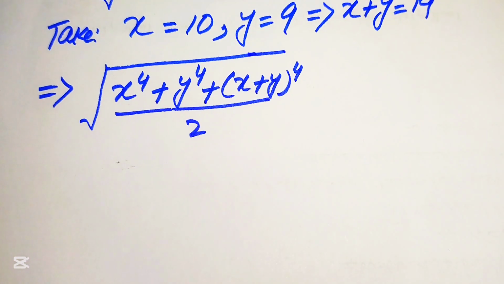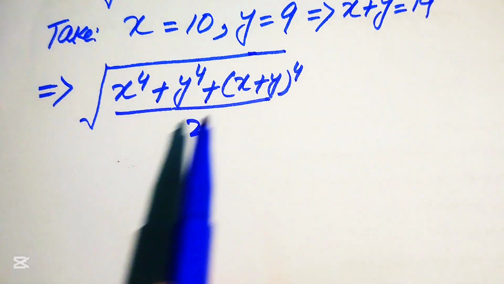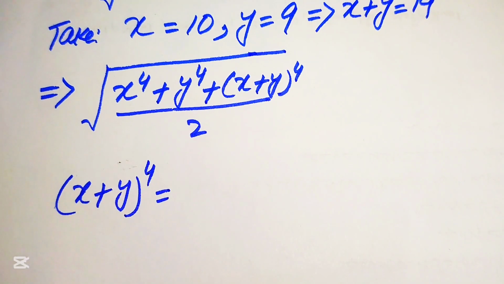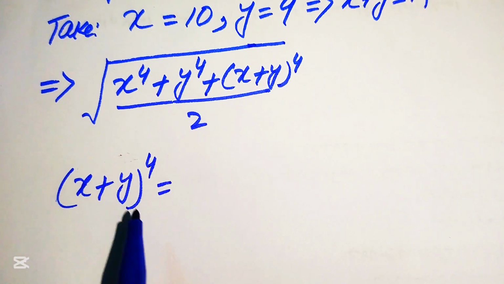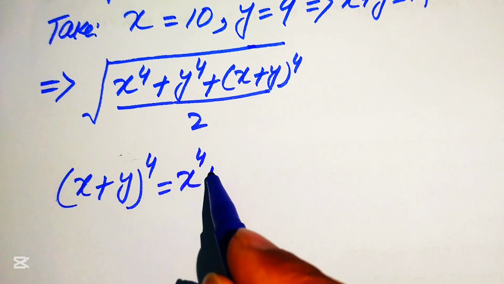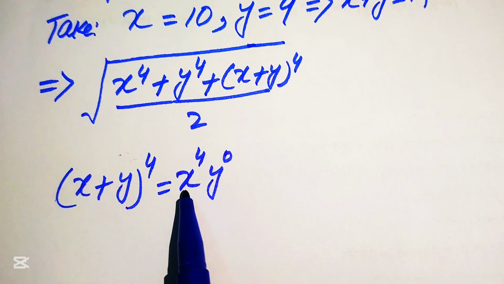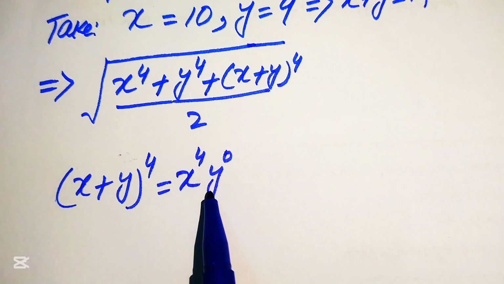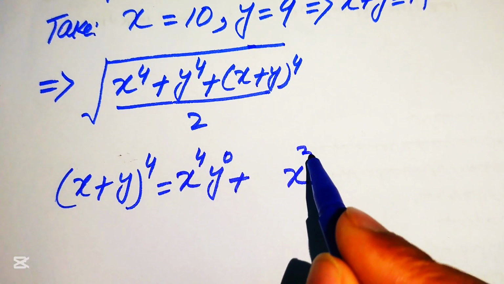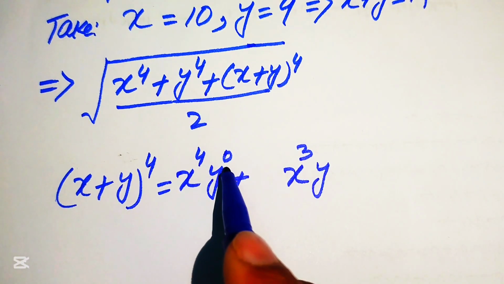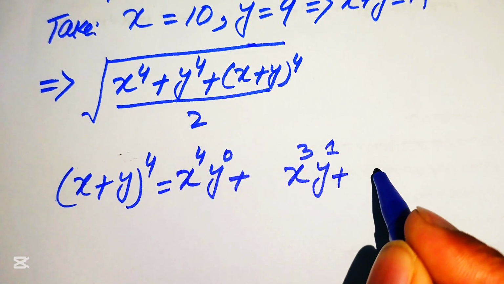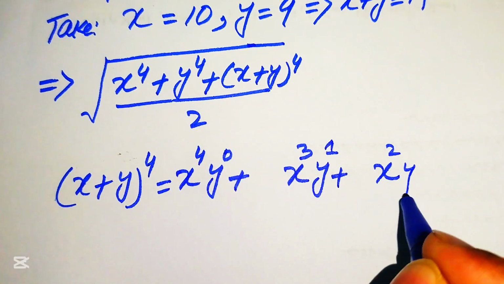In the next step we need some simplification. We need to expand the term x plus y to the power of 4. First we write the product of all of these values: x to the power of 4 and y to the power of 0. In the next step we decrease the powers of x and increase the powers of y up to 4. So we decrease x to the power of 4 to x cubed, and increase y to the power of 0 to y to the power of 1, and then again decrease x power to x squared,